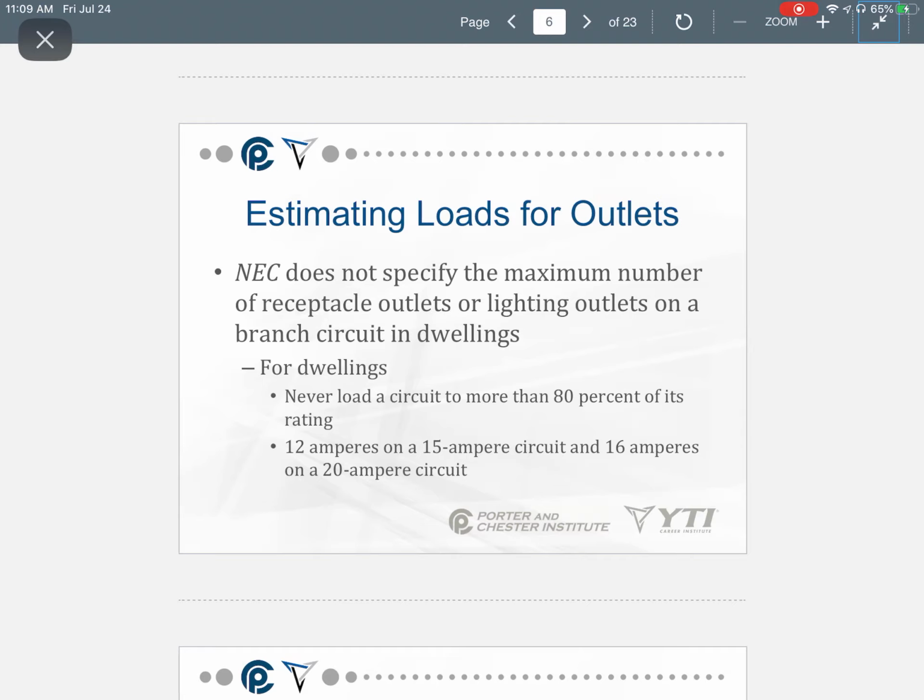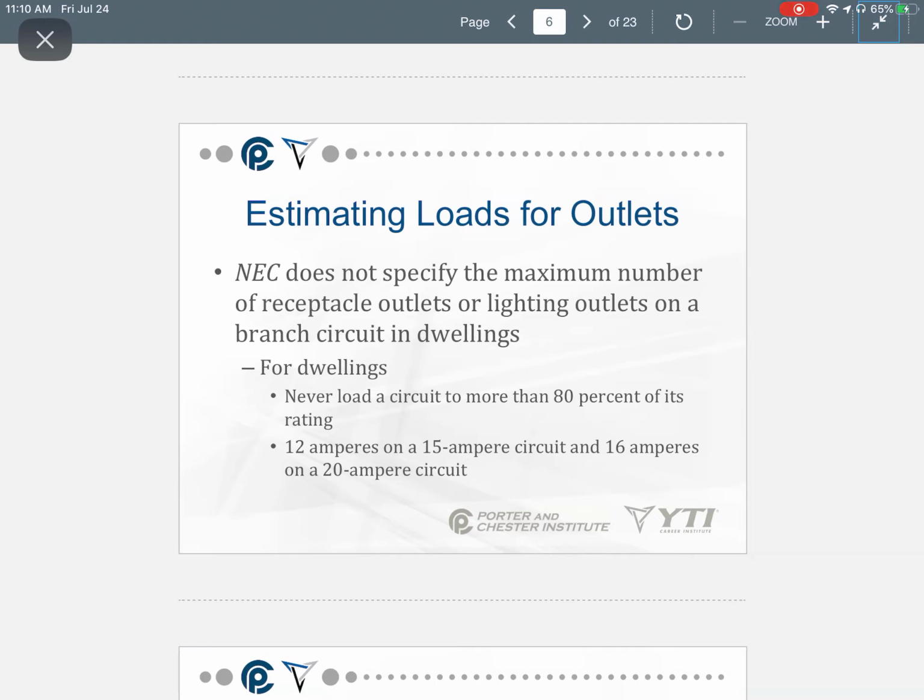Maximum number of receptacles on a circuit or lighting outlet. Now this is an interesting thing. We'll talk about this for a second. So the National Electrical Code does not specifically tell us how many receptacles we can have on a circuit. Theoretically, we could have as many outlets as we want on a circuit, believe it or not, especially because we're talking general purpose outlets or lighting outlets. However,